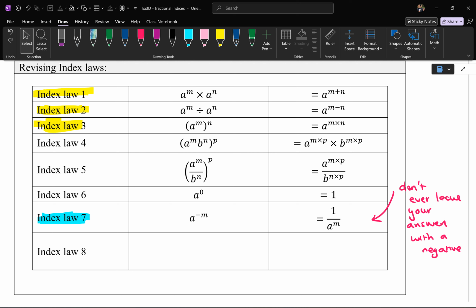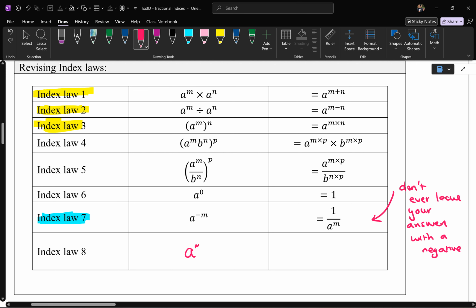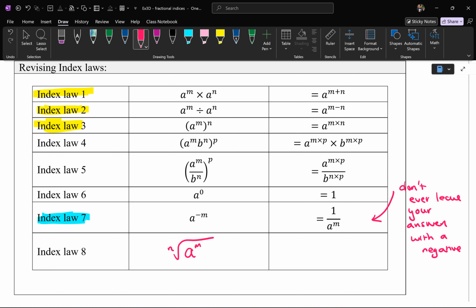So let's remind ourselves, what was index law number 8? Hands up. Emma. Good. It's got the n, root n. It's called the nth root. Nth root is equal to